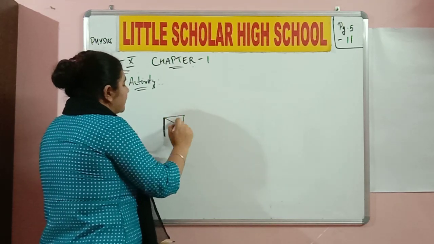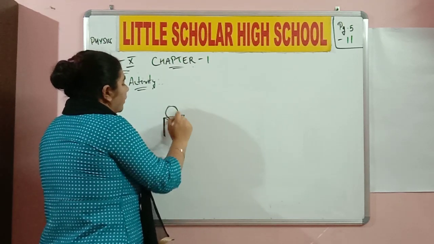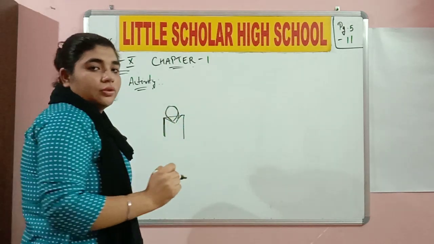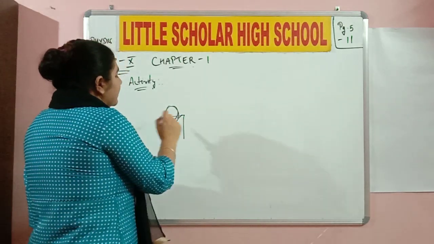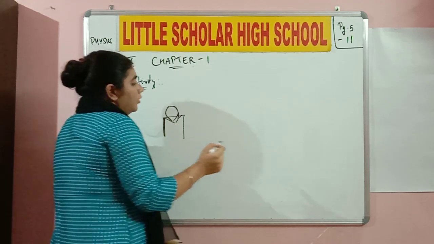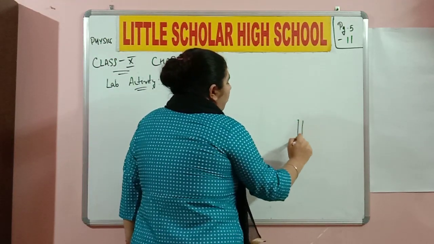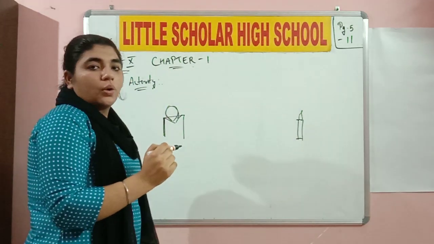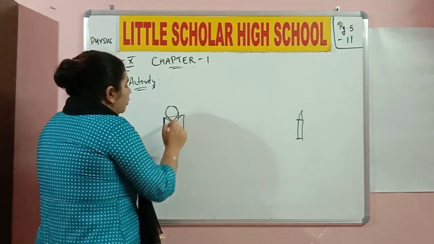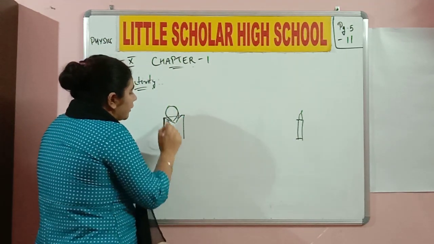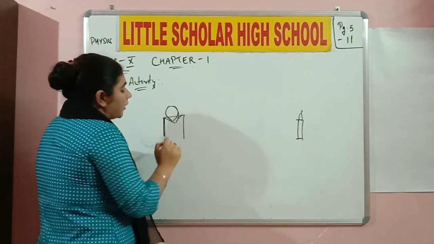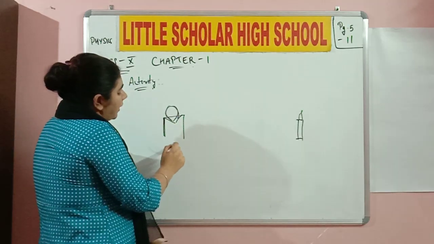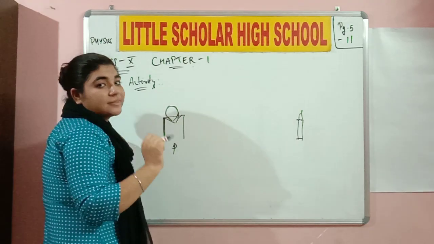Basically you need a V stand where you're going to place a concave mirror. Okay, do you understand this? You need a V stand where I place a concave mirror, and you need an object. What is the object that I'm going to consider? It is nothing but the candle. Okay with everyone? So the pole of the concave mirror is definitely going to be the midpoint of the concave mirror. Yes or no? So I will write P over here for your understanding.